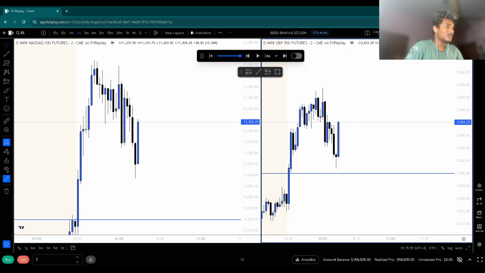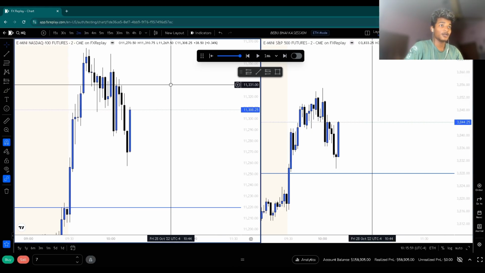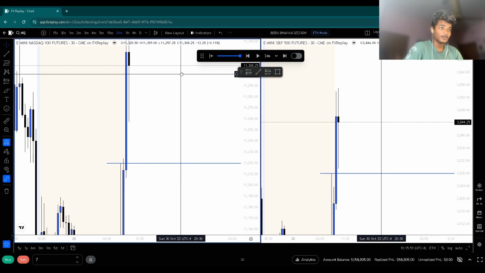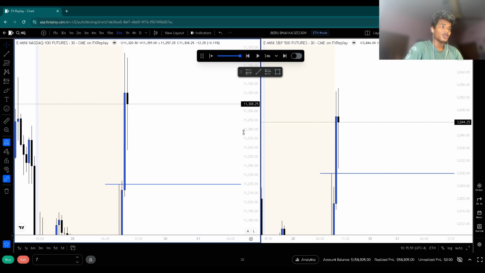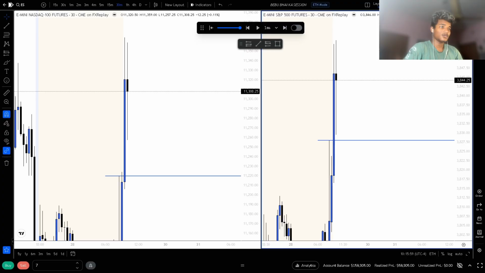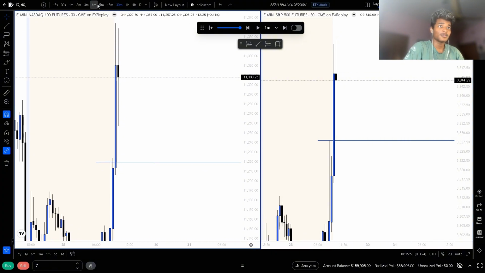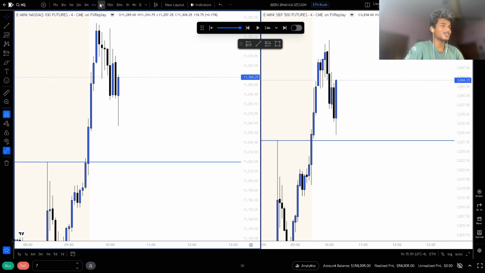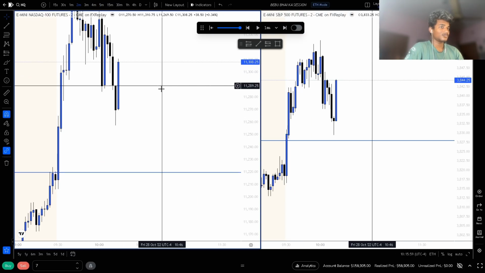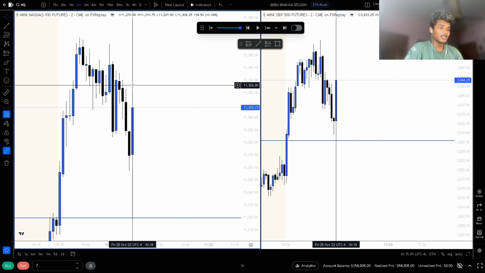So is this a nice setup? I do think this is a nice setup. We are rejecting up from the 15-minute gap, but wait, let me rest. So is this a nice setup? I do think this is a nice setup, but is there any reason the market will manipulate my stop loss? Is there any reason?